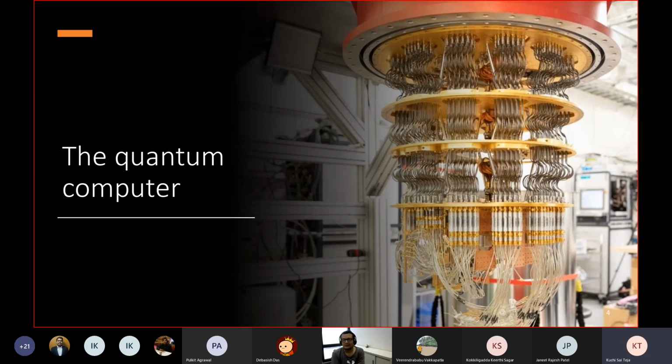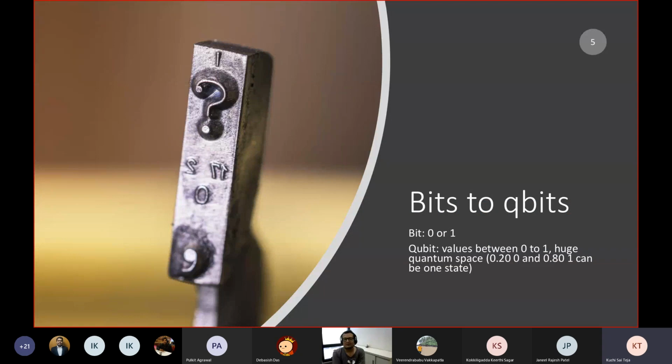I hope the slides and the picture are visible. This is from Google. It's still at a baby stage. If I compare it with all the other fields of computer science research, there are plenty of things to be done. Most of the things are at the infant stage, but it's still there. People have already designed, maybe not the quantum computer per se, but they are improving day by day, month by month, year by year.